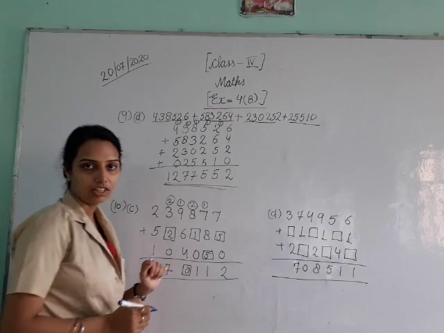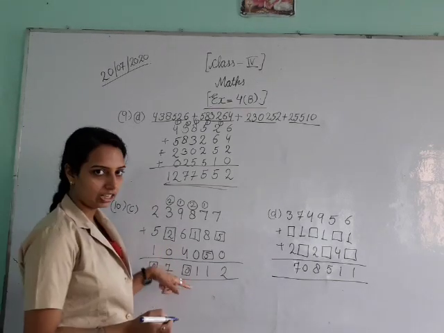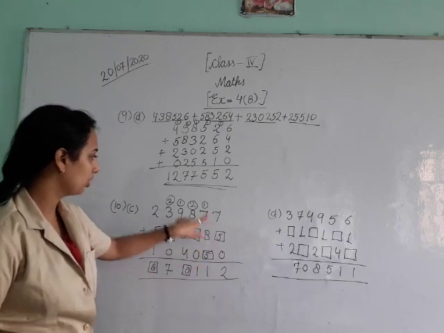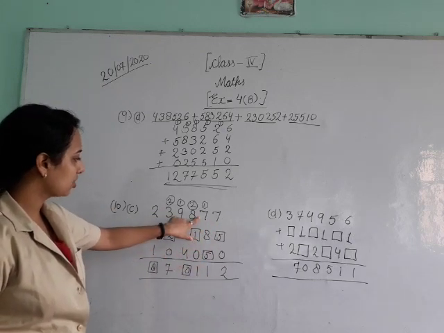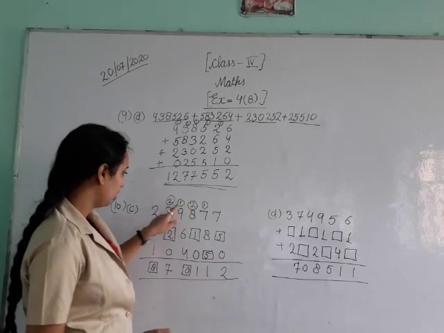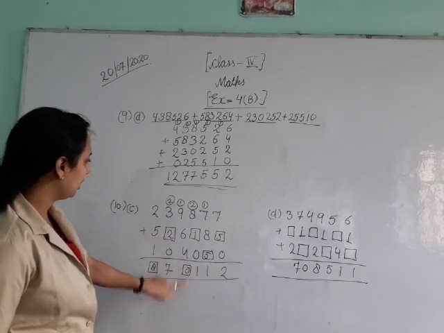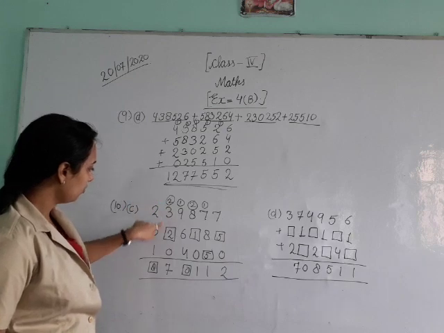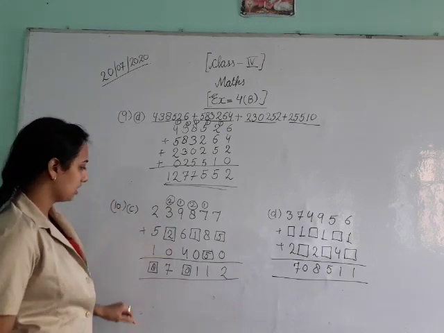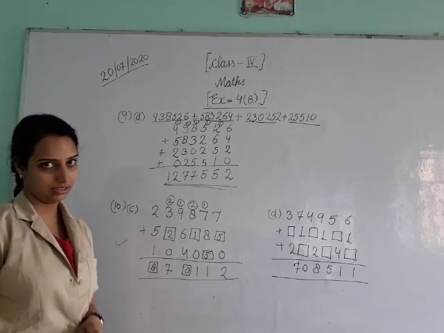Now check it once. If there is any correction, then we will correct it at the time only. Then see 5, 7 and 5 are 12. Okay, 1. 8 and 8 are 16. 16 and 5, 21. 2. 8, 10, 11, 1. 9, 10, 16, 20. 2 here. Then 3, 4, 5, 6, 7. 7 here. 5, 6, 7, 8. Okay, these are our required answers.